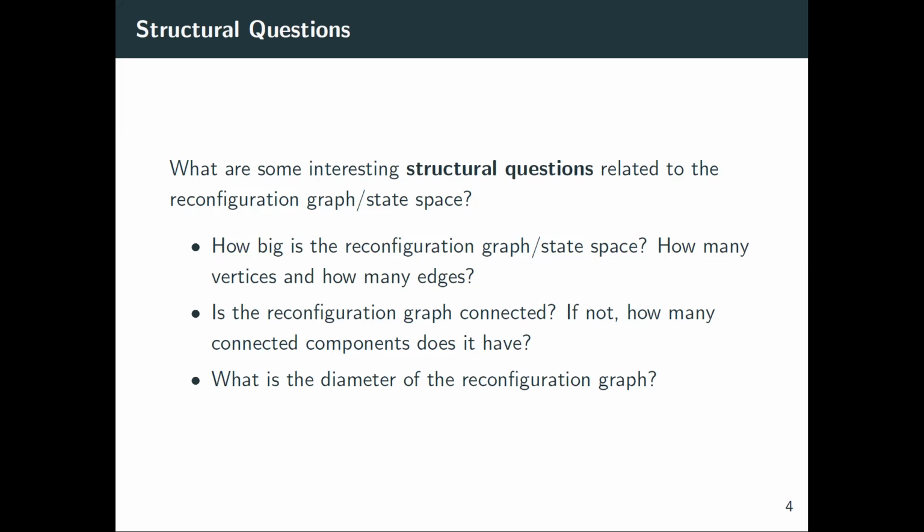And then another question would be, what is the diameter of this reconfiguration graph or of each one of its components? And that's usually a very important question to ask when you're dealing with one-player games, because this could tell you what would be the worst possible shortest path to reach a target configuration or to solve your game, to win your game, for example. And in the literature, this is sometimes known as God's number, which would be the diameter of the reconfiguration graph. And these are all very interesting structural questions to ask about this reconfiguration graph.